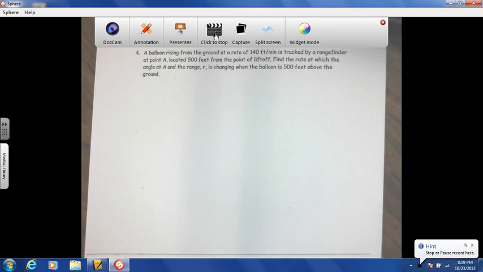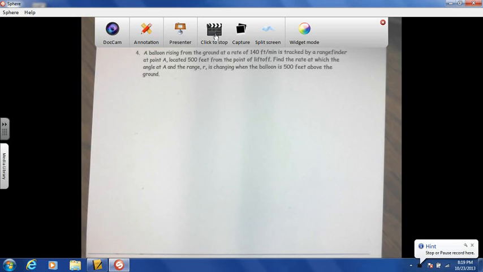2.6 Related Rates, Example 4. A balloon rising from the ground at a rate of 140 feet per minute is tracked by a rangefinder at point A, located 500 feet from the point of liftoff. Find the rate at which the angle at A and the range R is changing when the balloon is 500